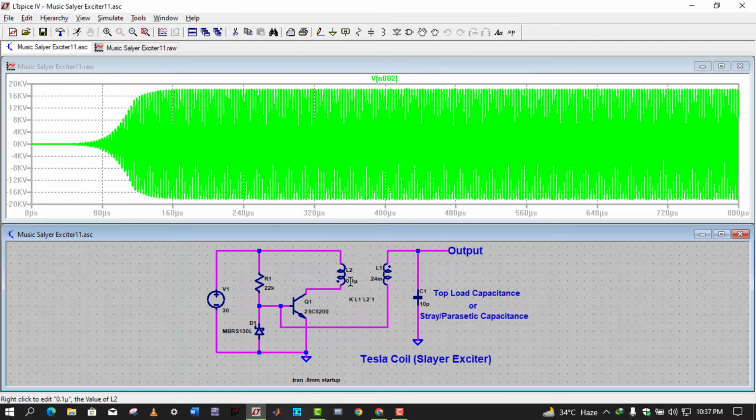Like if I use 5 turns at the primary, and at the secondary I use about 1500 turns, then we can literally get about 20 to 30 kilovolts of high frequency AC voltage. So now coming to the practical implementation, you will see that the circuit is working very correctly,